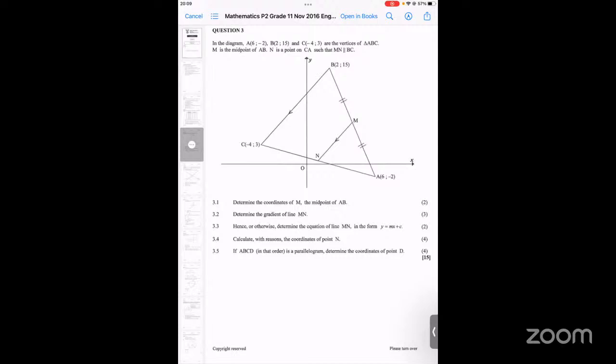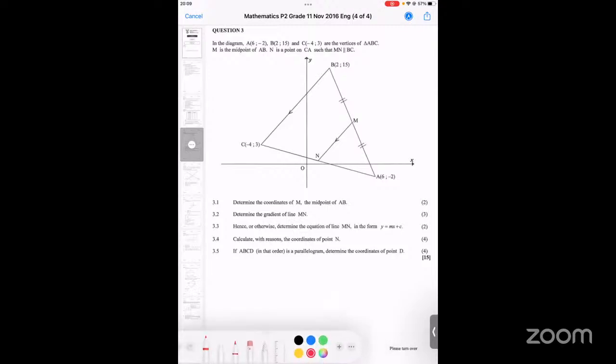that means that. Okay, now 3.5, they say if A, B, C, D in that order, you see now, they never mentioned D up until now. So when they say if A, B, C, D in that order is a parallelogram, now they want you to determine the coordinates of point D. This may be a tricky one, but every time you're confronted with that question, you just need to remember that